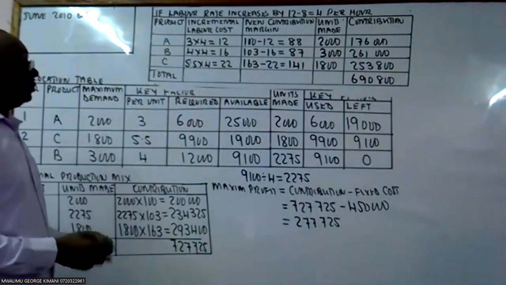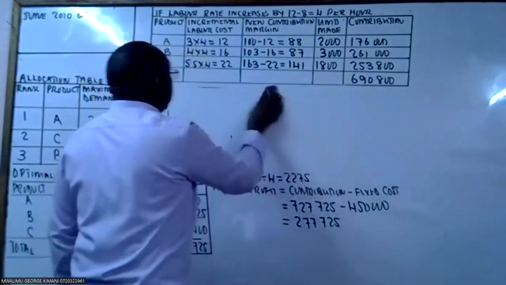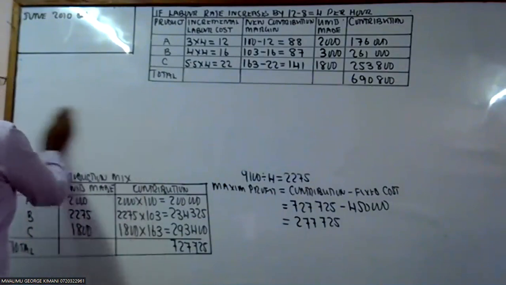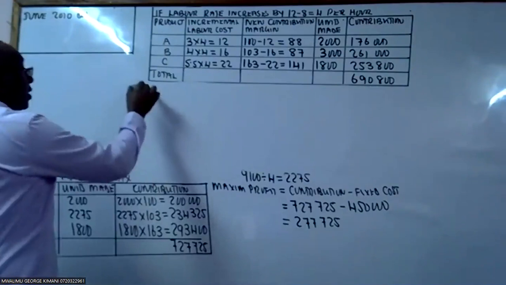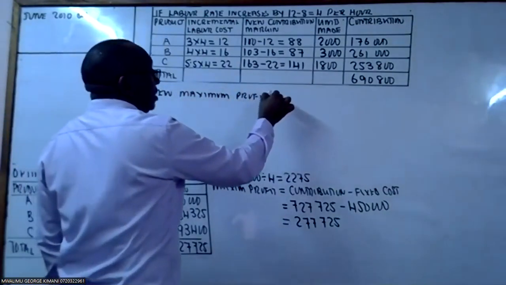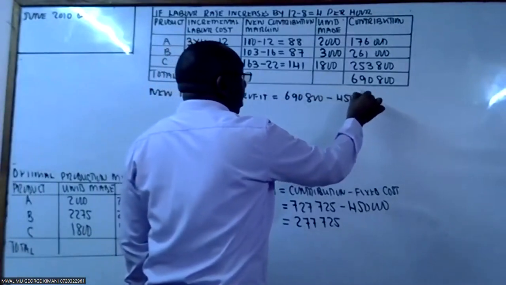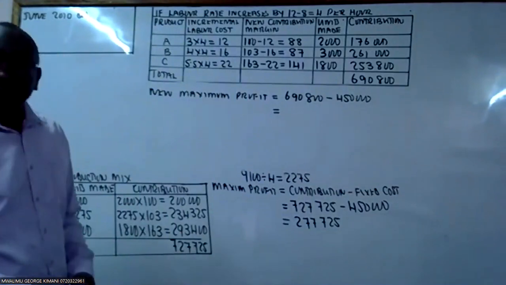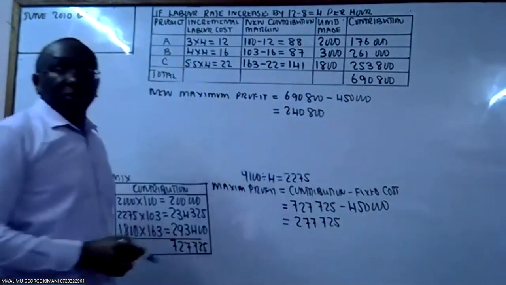So that is what will happen. If that is what is happening when we do that, our new maximum profits will now be this contribution, 608,800 minus the fixed cost of 450,000. So if you less 450,000, that gives you 240,800. So you are supposed to compare this profit, this one,